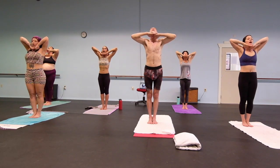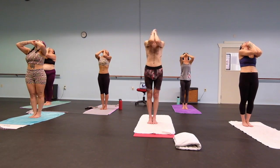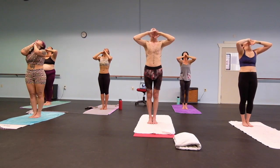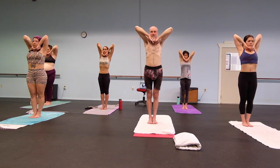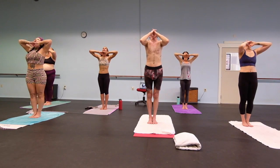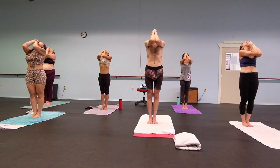Exhale, head back, HA sound, relax the shoulders down, hips forward, stomach tight, body weight stays in the heels, elbows touch. Inhale, head down, chin parallel to the floor. Keep the stomach tight, stretch the spine up nice and tall, fill the lungs all the way up at the top. And exhale, head back. HA sound, bringing up more heat inside the body, head goes all the way back, elbows parallel to the floor,